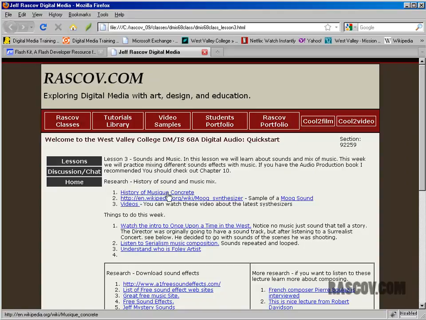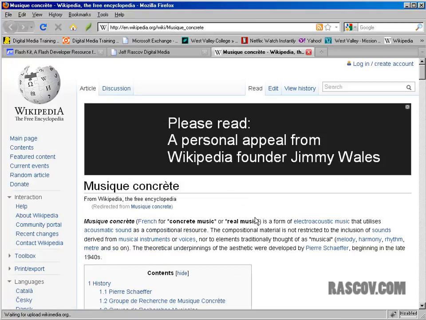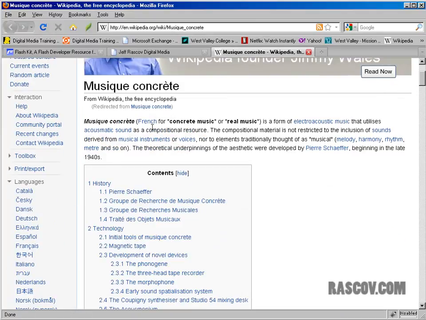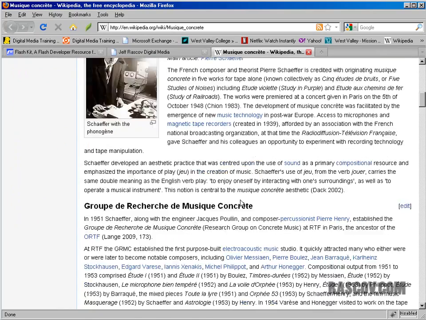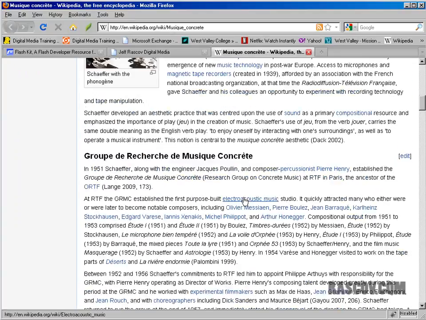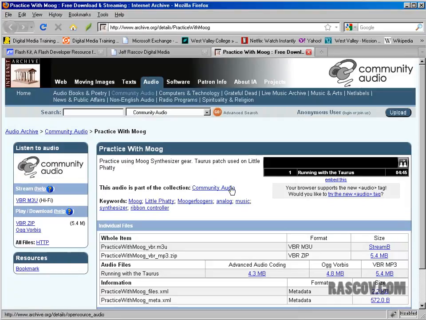For research, there's some audio. There's a history of music here about sound effects type of music and acoustics. Instead of total instrumental music, there's a lot of out-there music of just sound and sound effects. There's some research into that, which is a lot of fun, just reading about it. And then, of course, there's the synthesizers, and then there's some samples here that you could listen to.